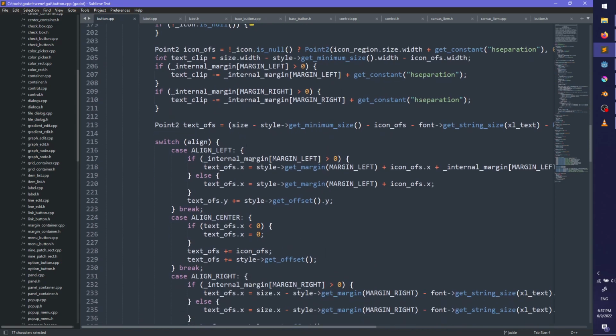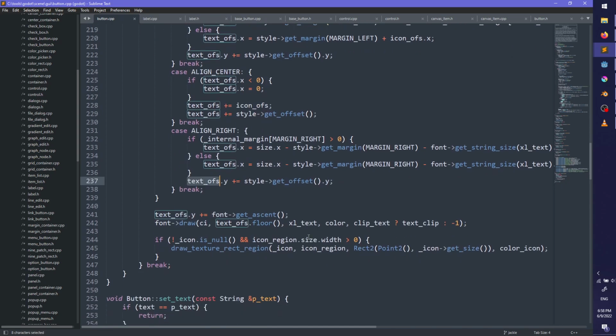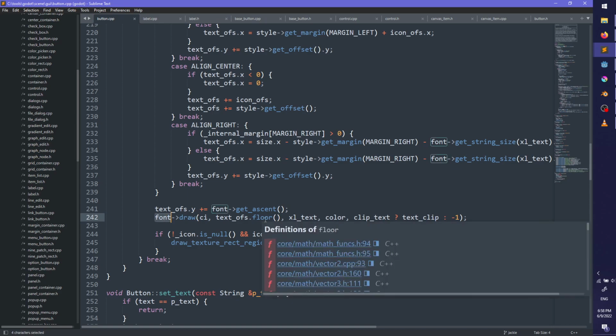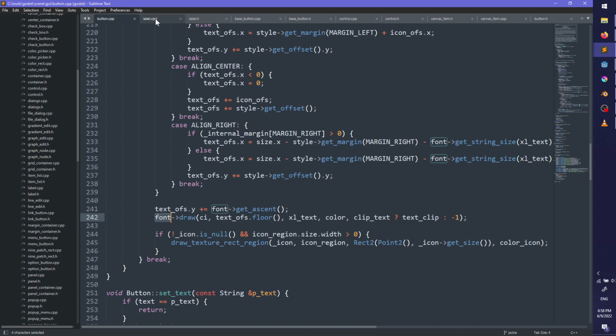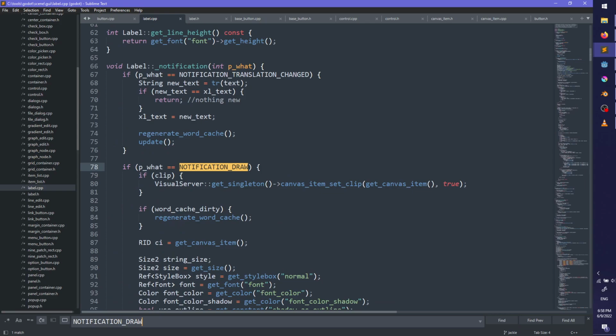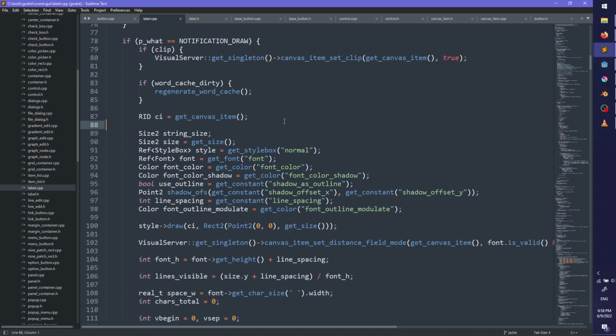For icons, align. All right, so it's this. All right. And I need to do this as well.